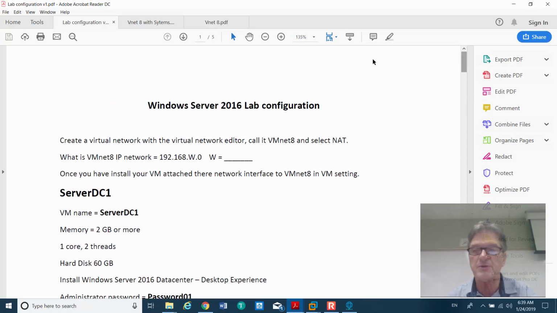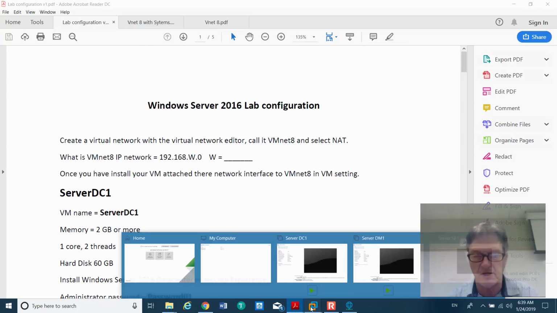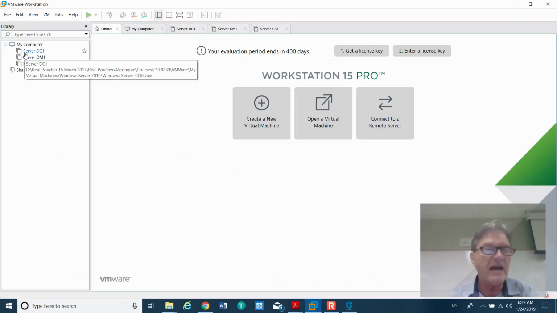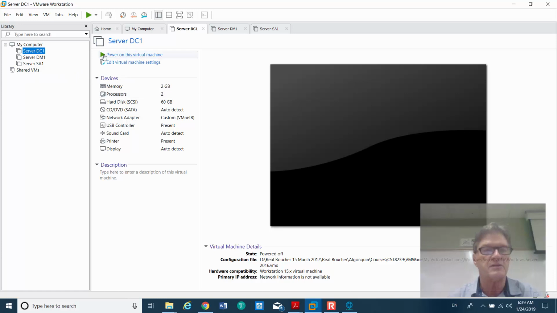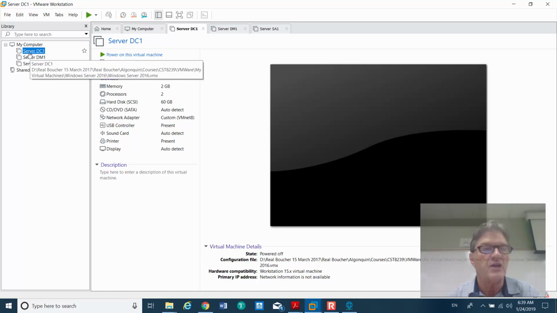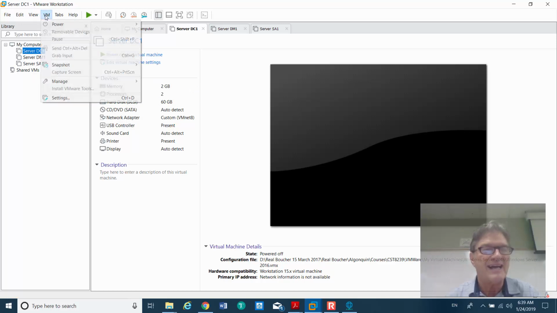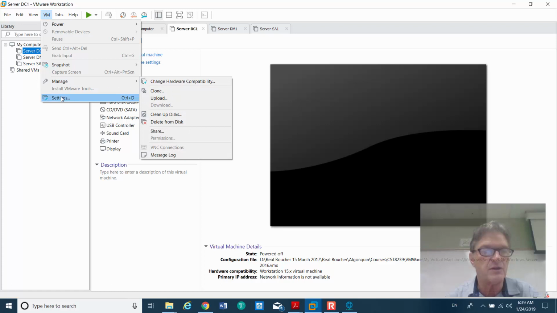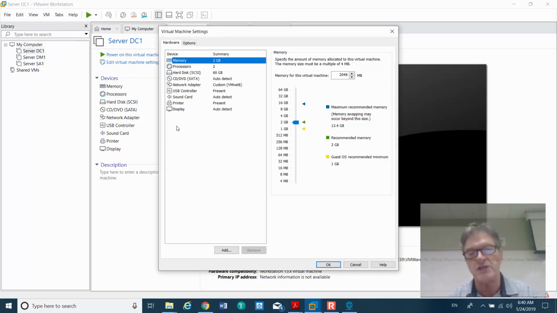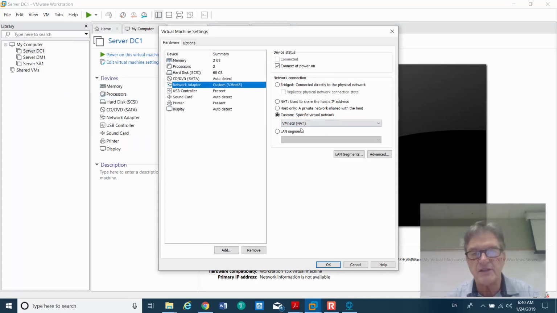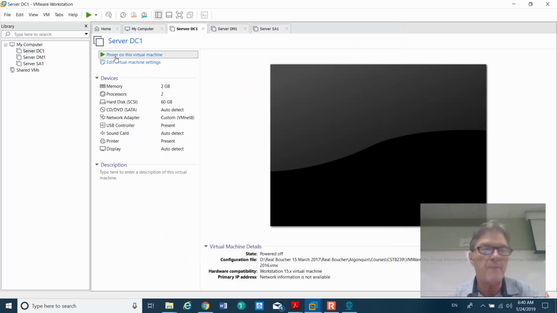But for the purpose of learning here, to understand what we're trying to do, I already have a server with Windows 16 installed on it. Okay, so if I look at the hardware setting of this virtual machine, it is connected to VNet 8. So it has the same address, 192.168.78.11. That's what it should have. So now if I power up this virtual machine,